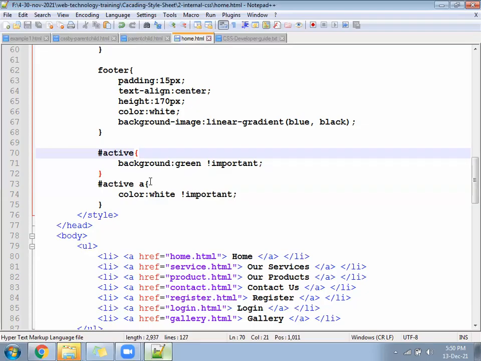Now what do you think? First we should write HTML and then only CSS, or can we write either at any time? I think we should write HTML first and then do the CSS. Not necessary. Now we run the page. Are you finding any problem in the page? No. Then it is not necessary. First we can write HTML, then the CSS. First we can write CSS also.